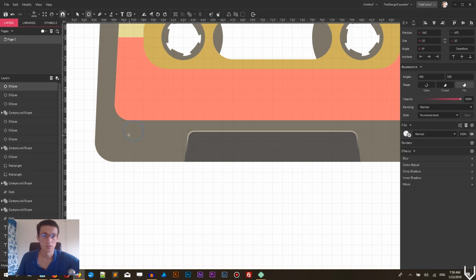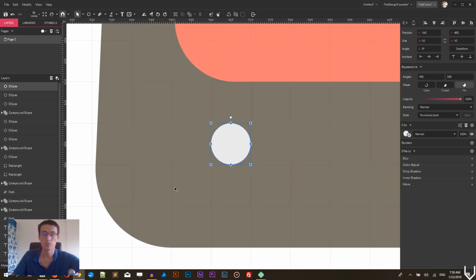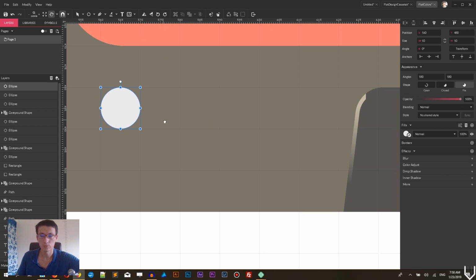Again, in Gravit Designer you need to grab ellipse. With this ellipse I want to create the minimum possible. It's 10 pixels, so it occupies 1 cell of the grid. Width 10 pixels, height 10 pixels. Pay attention to this. And now I want to introduce the gradient, and I want to blend both this and